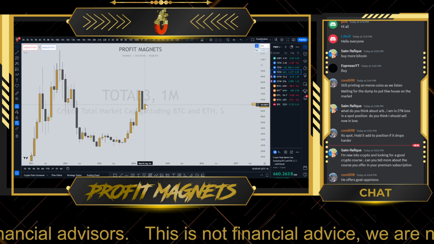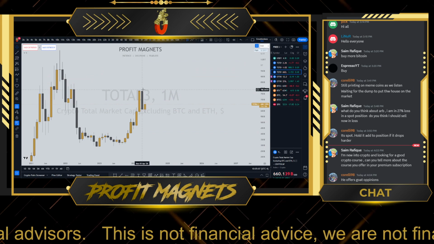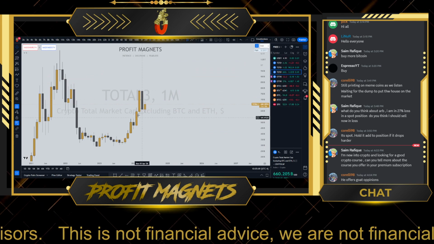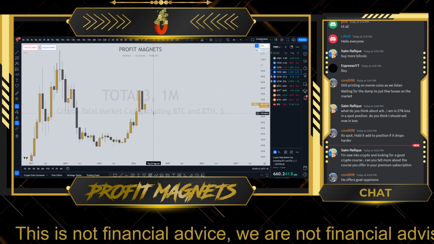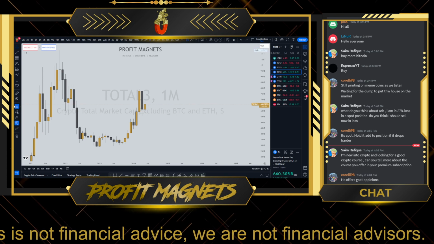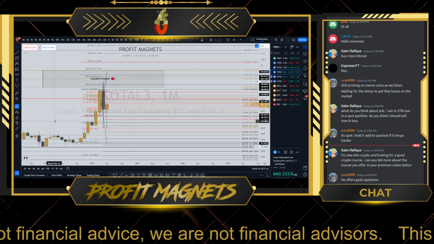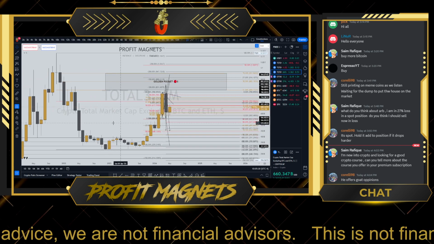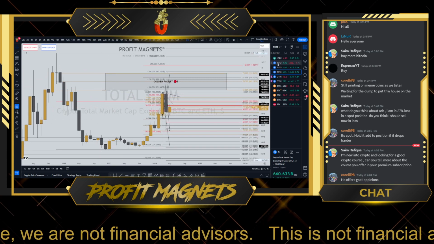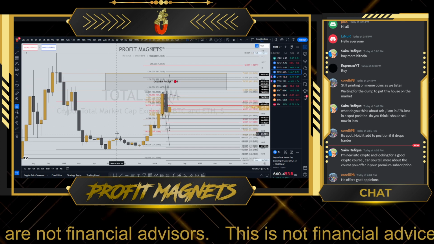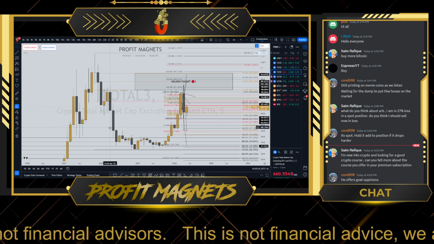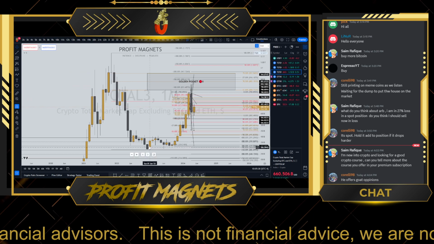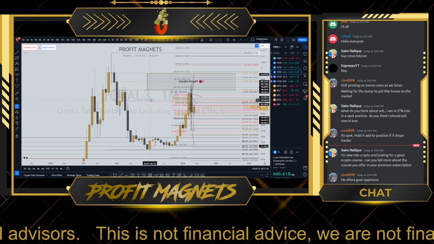Once you look at the naked chart, very similar situation, right? April basically took out what was done in March, right? Those are the correlations you guys want to see. Now, the only thing I will say, and I've said this in the premium as well, the total 3 chart is the only one that stands out between the other totals. Why? Because from this area here to this low, the golden pocket is yet to be hit.